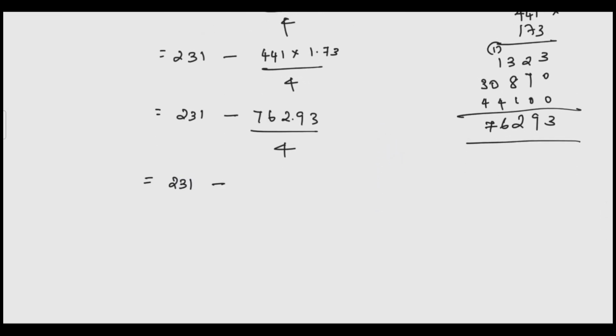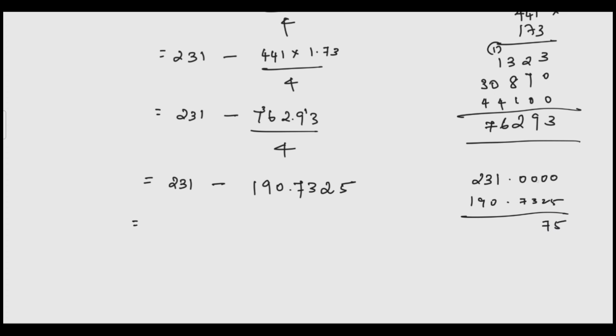231 minus, dividing it by 4, we get 4 ones are 4, carrying over 3, 4 nines are 36. As 2 is not divisible, 0, 29. Putting the decimal point and then 29, 4 sevens are 28, carry over 1, 4 threes are 12, remainder 1, 4 twos are 8, 2 0, 4 fives are 20. Subtracting them, 231 minus 190.7325, we get